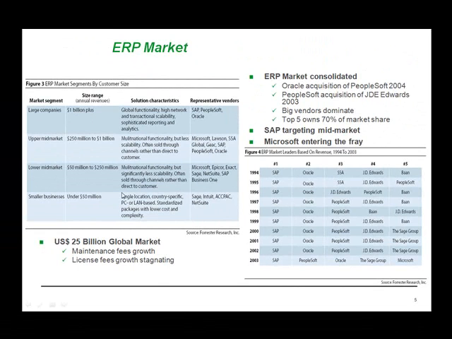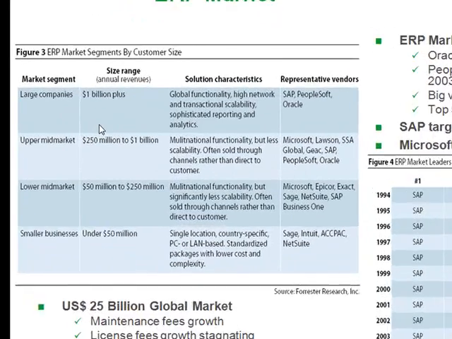This is just the landscape of how the ERP market looks. If you divide companies by large, upper mid-market, lower mid-market, and smaller businesses, the market segments for companies have been divided based on the size of their sales. If you take large companies and define them as anything over $1 billion in annual sales,